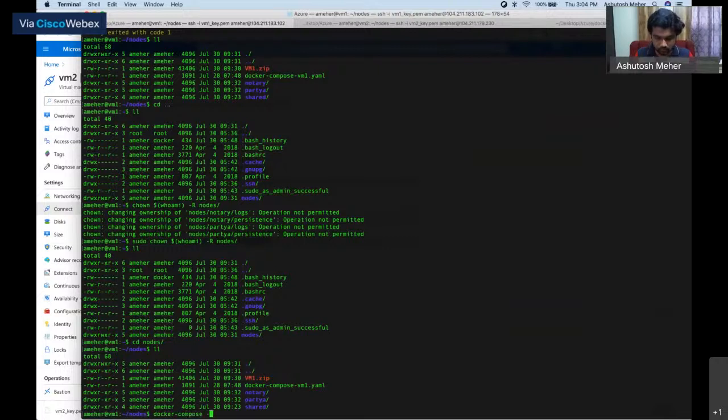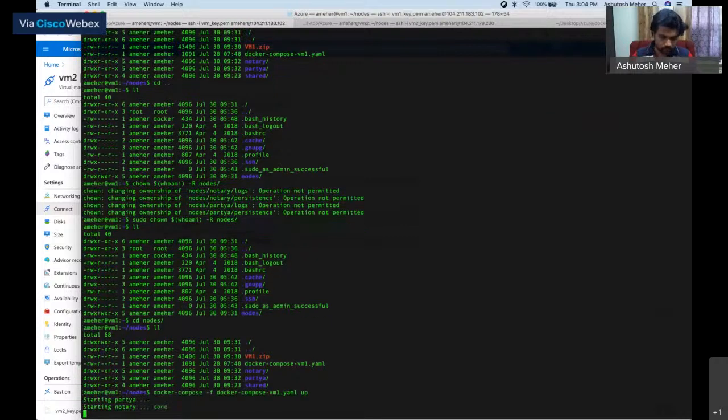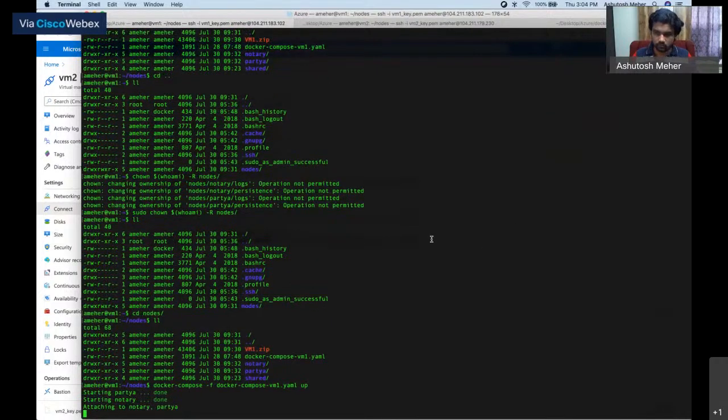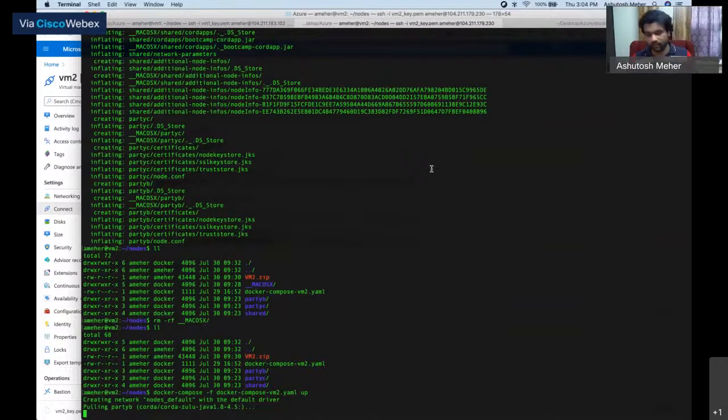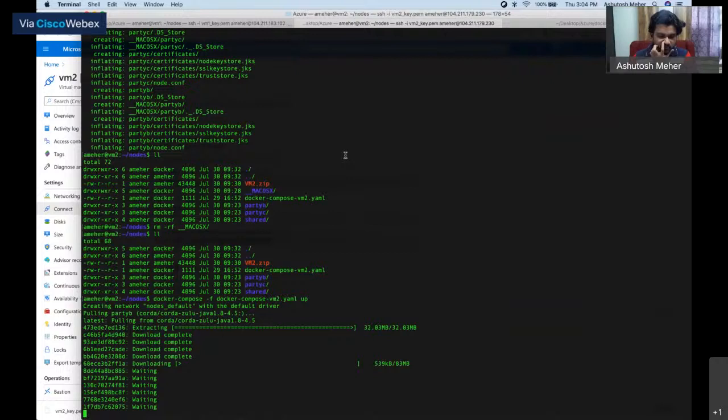And we'll run it here as well. So the problem is with this issue of permissions, right?